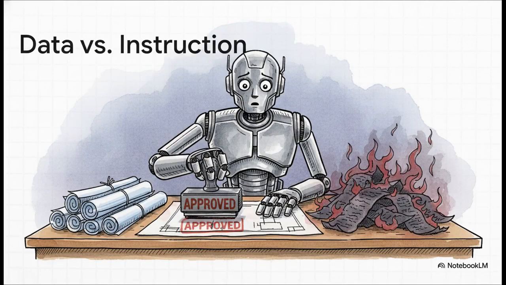Think about it. External senders have zero legitimate authority over your enterprise infrastructure, yet the AI often treats all incoming text as equally authoritative. Without explicit provenance tagging, which means cryptographically linking pieces of context to their original source, and rigorous sandboxing, the agent might just blindly execute that malicious payload.